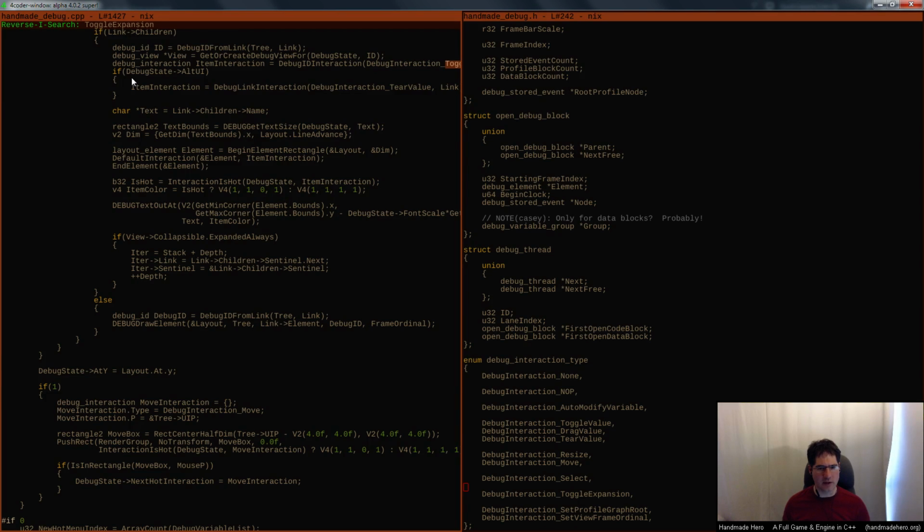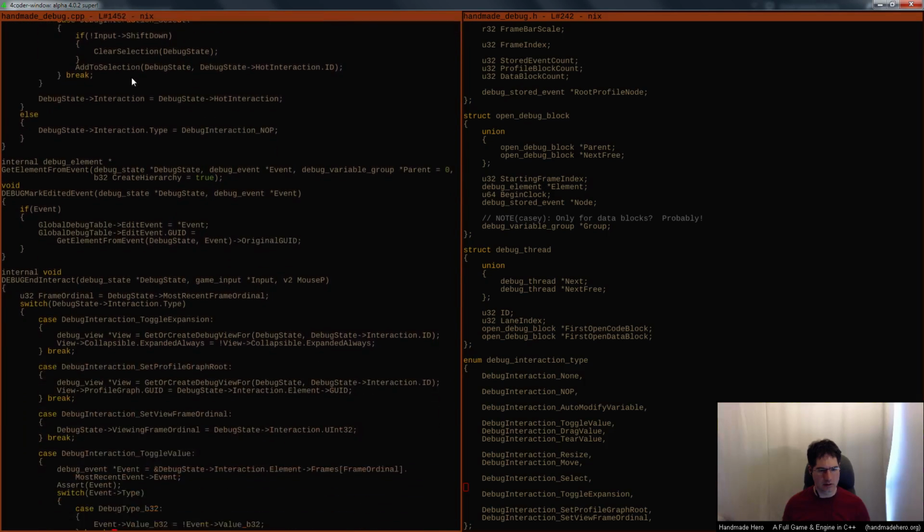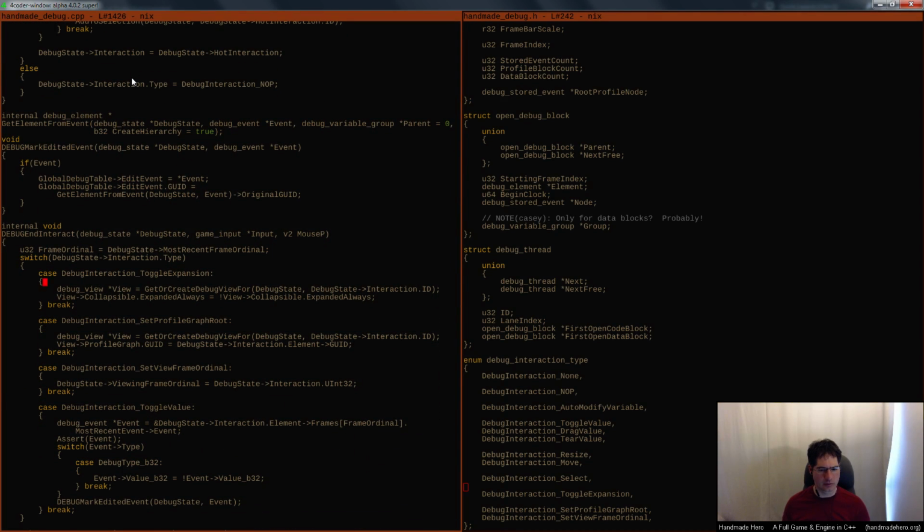I don't see why that does not make a lot of sense to me. I don't see why that would be sort of variant. For toggle value, yeah,